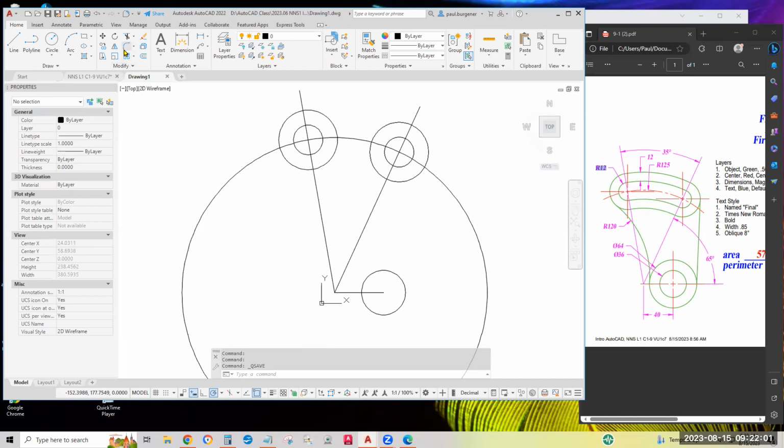Okay, let's go to the fillet icon. The radius of a brand new drawing is set to 0. So let's pick the radius option of the fillet command and change the fillet radius setting to,